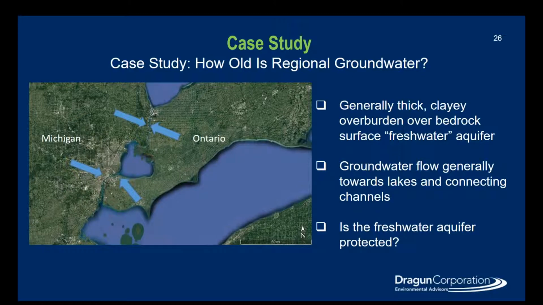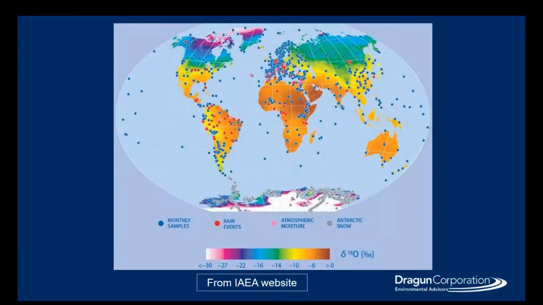And this arose when there was some discussion about using the clay soils for nuclear waste repositories, and it also comes up when you're looking at conventional landfills and whether there will be an effect on the underlying aquifers. So we go back to this map we saw before from the International Atomic Energy Agency,